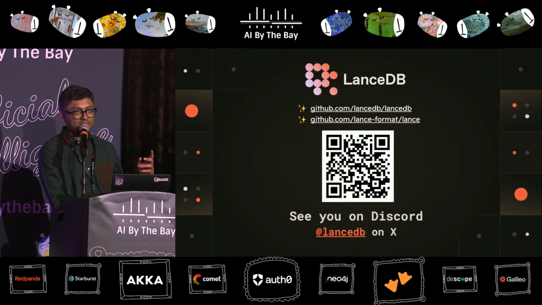That being said, there's a trade-off as well, and Lance does not compromise the scan performance for that massive gain in random access performance. So does it mean that the trade-off would be on the storage side? So Lance is basically an alternative to Parquet in these kinds of workloads. And it's up to, I guess, the application and the user to try out the performance gains on those particular workloads. Good, thanks.